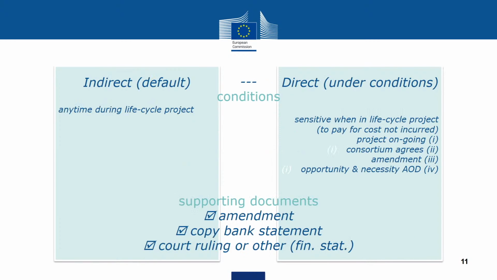The conditions are actually very simple. If you want a direct intervention, we want to see an amendment. We want to make sure that the beneficiary or the partner that for whatever reason is no longer part of the consortium has actually been terminated. We also want to see that the project is actually still ongoing. If the project is finished, there's no reason to do a direct intervention because you will soon be doing the final payment. And we also want to get a guarantee, of course, that the remaining partners of the consortium